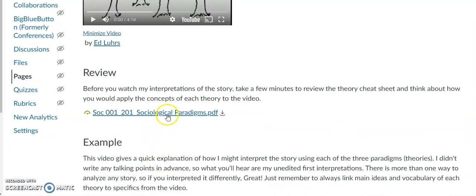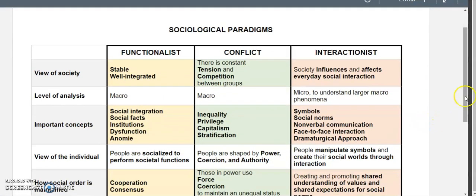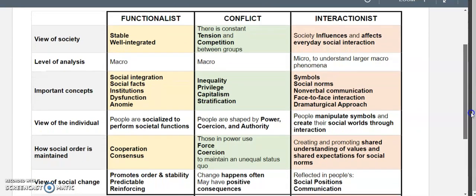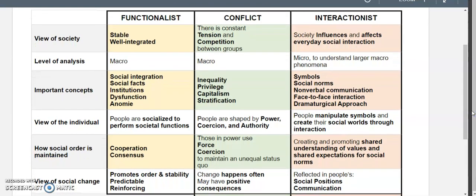So what I'm going to do, I have added the sociological paradigms cheat sheet here, and just completely off the cuff, I'm going to give you some examples of how I might interpret that video using each of the three paradigms. Remember, this is only one person's interpretation. Other people could use these theories and apply them completely differently. And that's great because it gives us room for discussion and comparison and a way to then try to expand